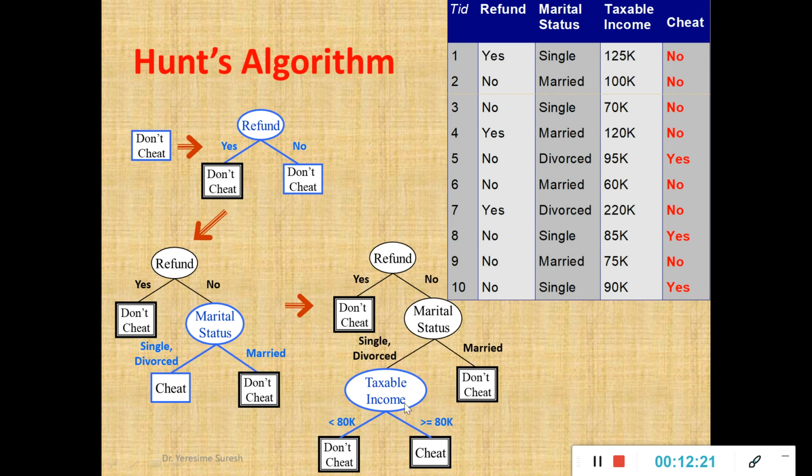How to decide whether to split on this node or that node will be decided on the purity of the given node. As I've already said, how to select the purer node and impurer node we will see in the further slides. So as of now, Hunt's algorithm is a 2-stage process. If all the records belong to the same class label, that itself will be the leaf node. If not, I am supposed to split. How to split? We have seen an example. We will solve it mathematically, and then I think it will be easy for you to understand.